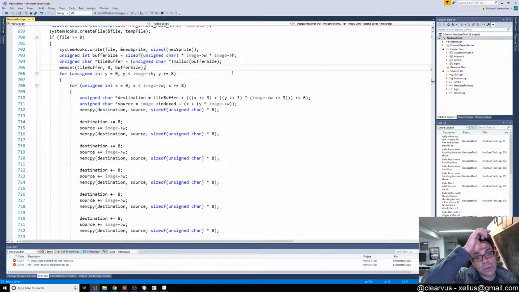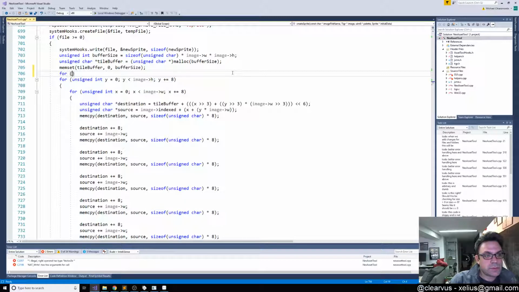need to modify this, and instead of just doing it at 0 through the entire image height and width, we want to loop through and do each tile and just do the 8x8. So we want to do a loop of i from 0 to new sprite, new sprite, number of tiles,